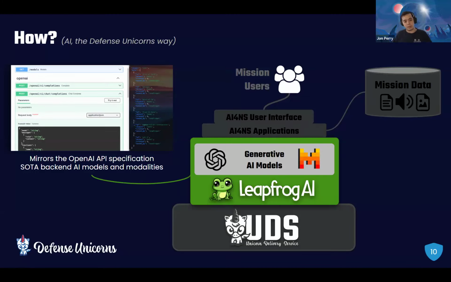What we get by mirroring that is the ability to talk to models that are also listening to that same specification. As a community, the AI community has kind of gotten together and realized that OpenAI is pretty ahead. So a lot of models are using that same specification. What that means for you as a person who wants to consume or deploy AI applications is that if you find a model that's out there, you hear about some benchmark that has really great results and you want to just see it for yourself,